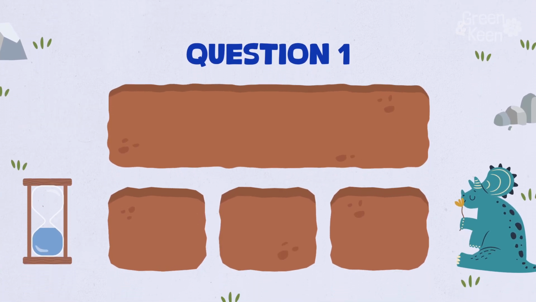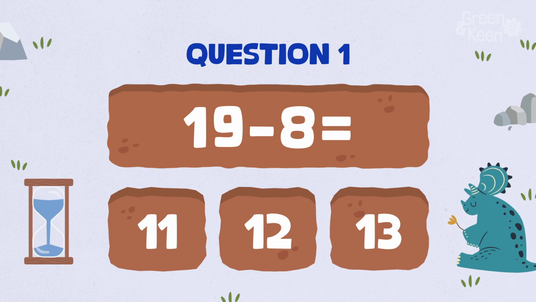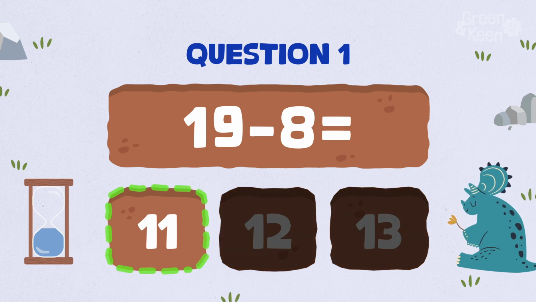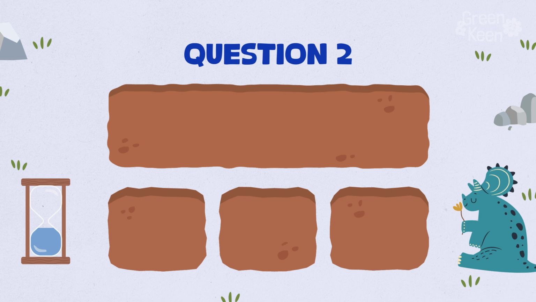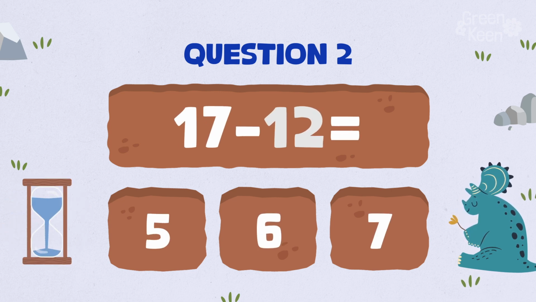Question number 1. 19 minus 8 equals... The answer is 11. Question number 2. 17 minus 12 equals... The answer is